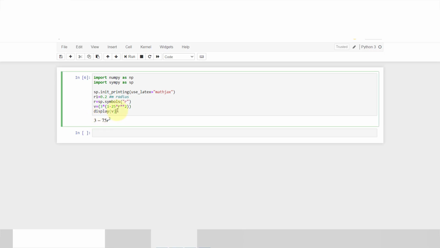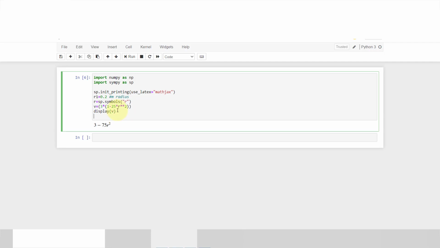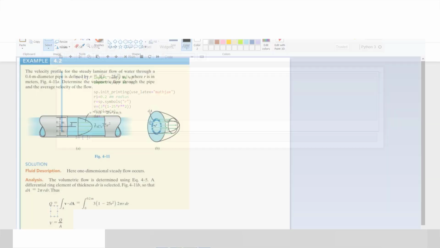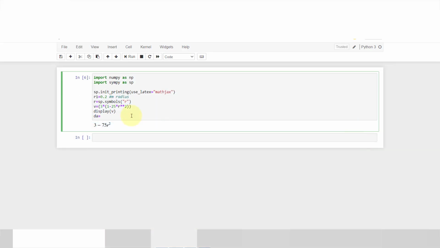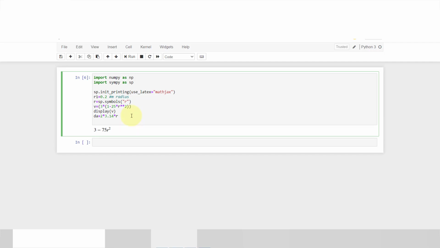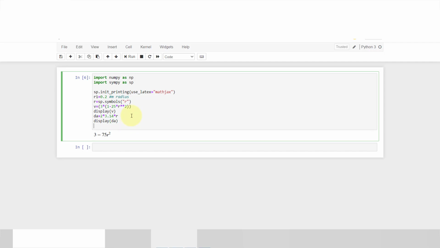Now we'll integrate. First dA is equal to 2 pi r, and display dA. Now VdA is equal to V multiplied by dA.